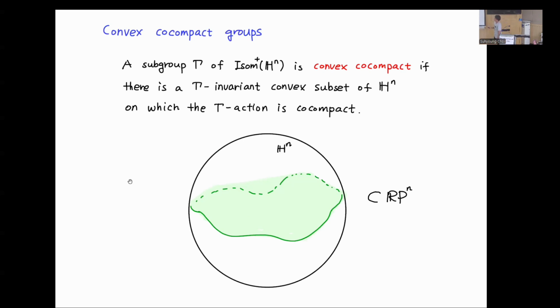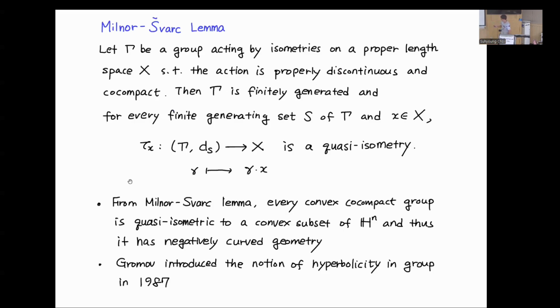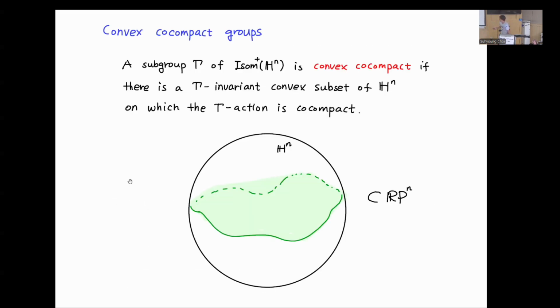So a subgroup gamma is a convex co-compact group if there is a gamma-invariant convex subset of hyperbolic n-space on which the gamma action is co-compact. So the picture looks like this. The convex co-compact groups have played an important role in developing the hyperbolic three-manifold theory, and also